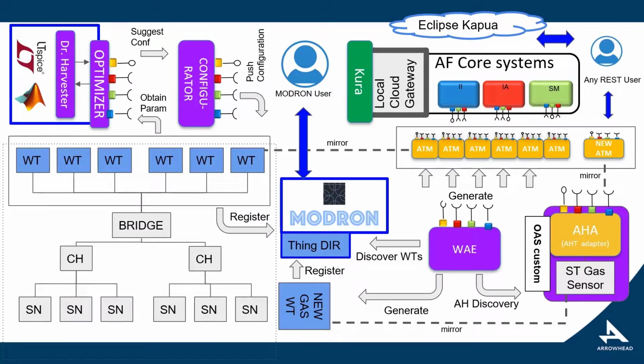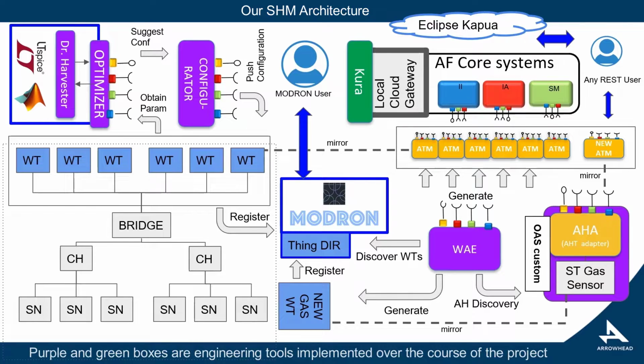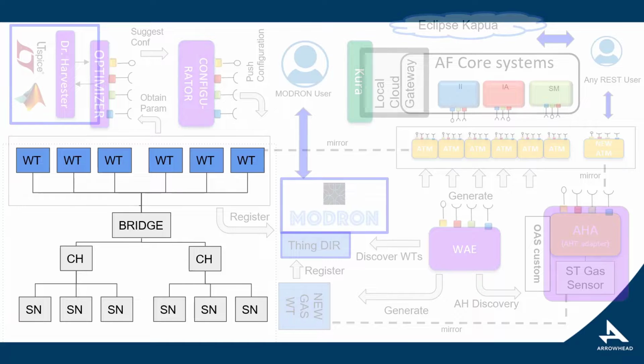Over the course of the project, we implemented a number of software tools that support the engineering process of the use case both at design time and at runtime. Let us illustrate every component of the architecture. We will start with a smart sensor network, composed of low-power, lightweight, and small-footprint accelerometer sensors abstracted via the Web